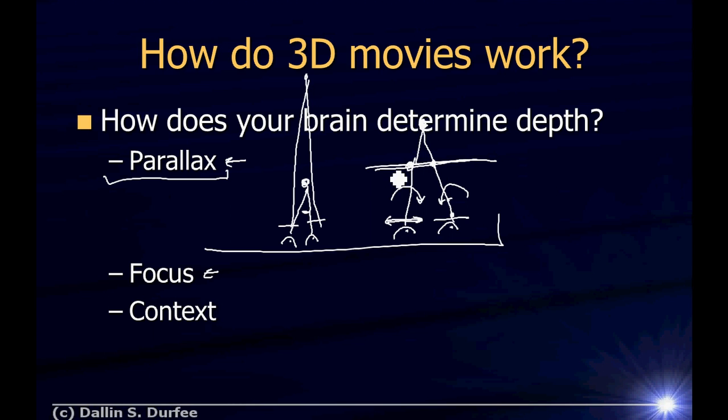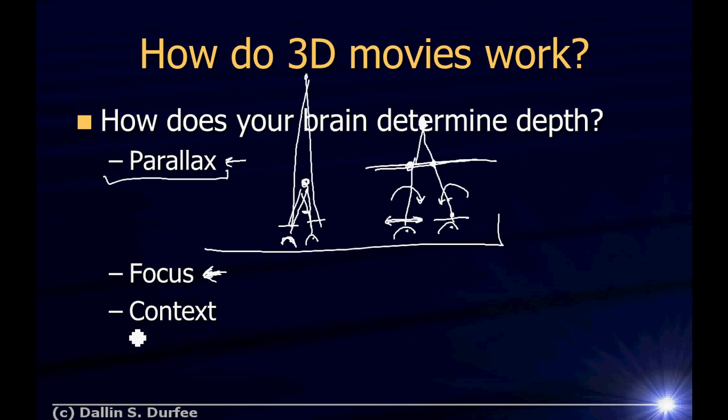In a hologram, you really make an image. You make an image that really reproduces the wavefronts coming from an object. So your eyeball has to focus where you see the image as well. So a hologram looks more realistic than a 3D movie. If we could do holographic movies, that would be really cool. But 3D movies take advantage of the fact that your brain does not weigh the focusing of your eyeball as much as it weighs the parallax between your two eyeballs when it determines depth.